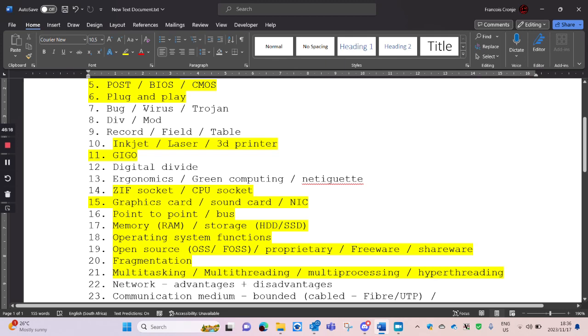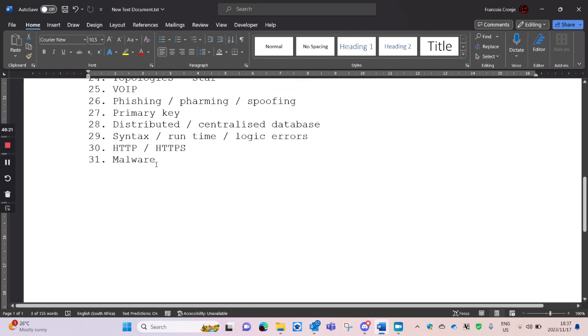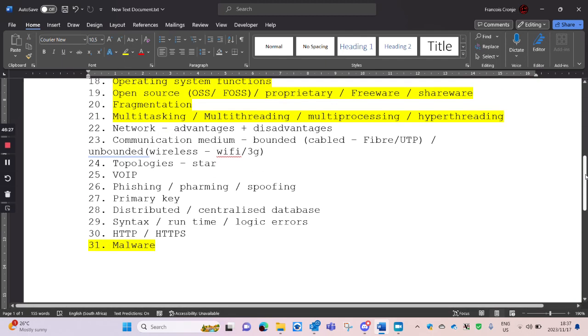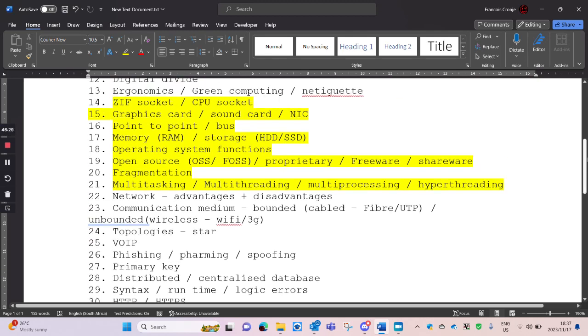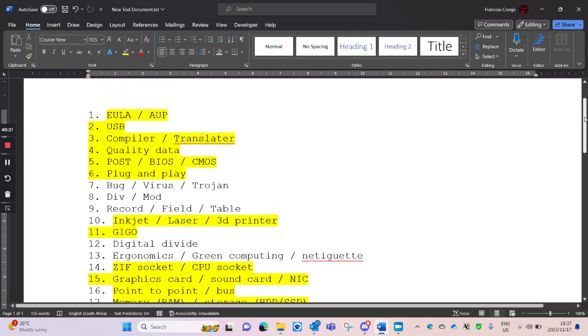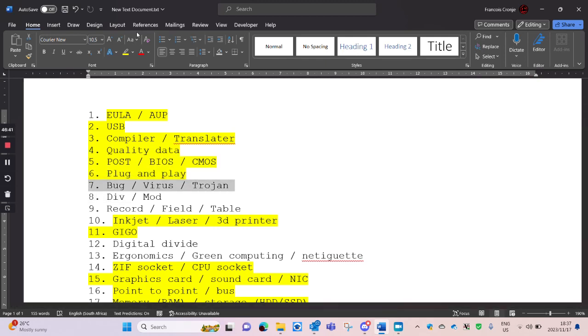While a virus and a Trojan are part of malware. The big umbrella is malware, which is all software that's created to do malicious or wrong things. Malicious software. And that includes our viruses and Trojans.